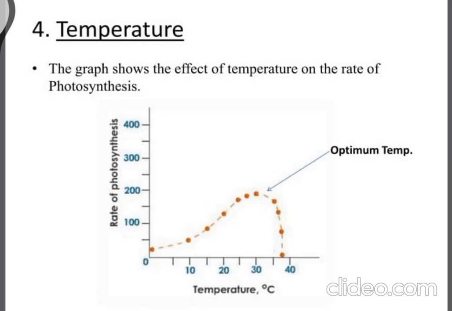The graph shows the effect of temperature on the rate of photosynthesis. In this graph, rate of photosynthesis and temperature, in degrees Celsius. Optimum temperature is